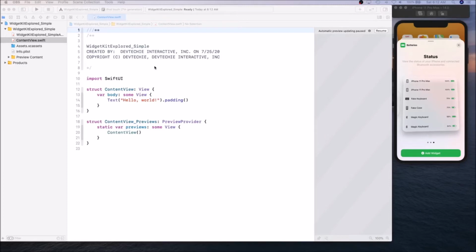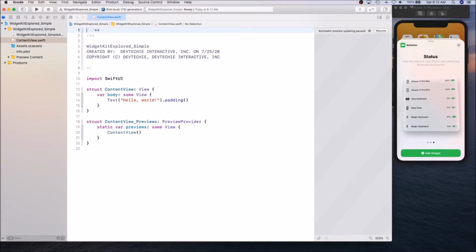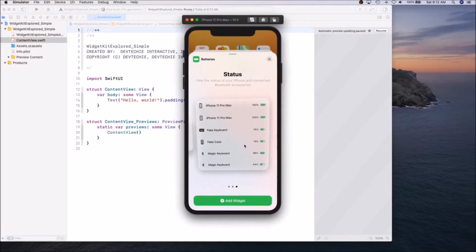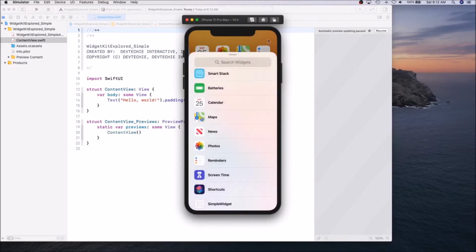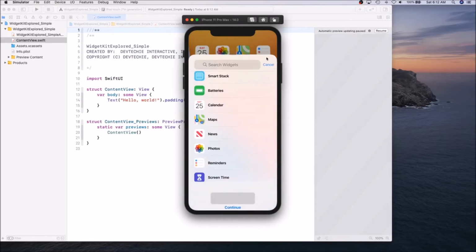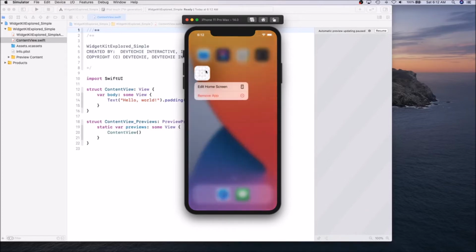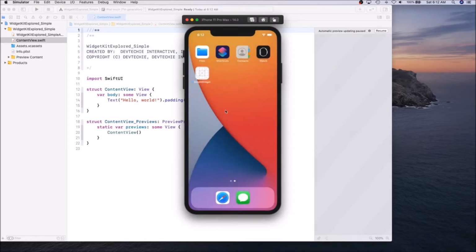I'm sure you guys have seen WWDC and Apple's demo on WidgetKit, but let me show you what widgets look like. So this is our simulator, and let me cancel it out. You have this regular phone screen, and this app is no longer there. So let me remove this, and